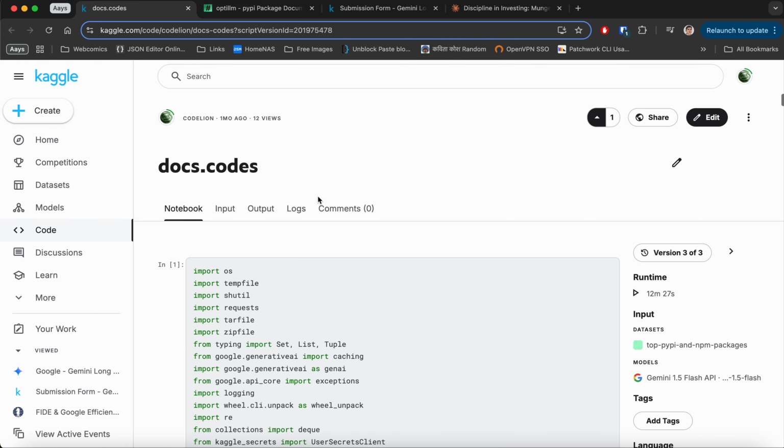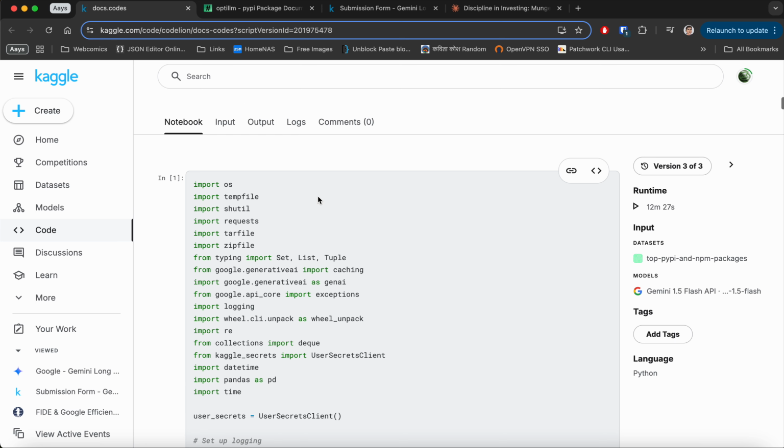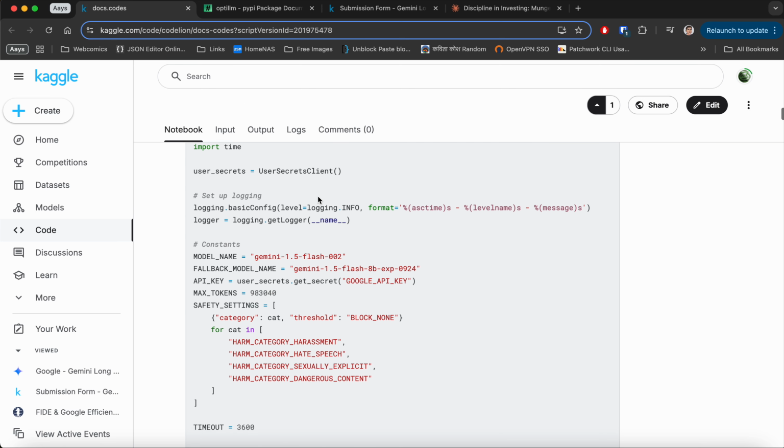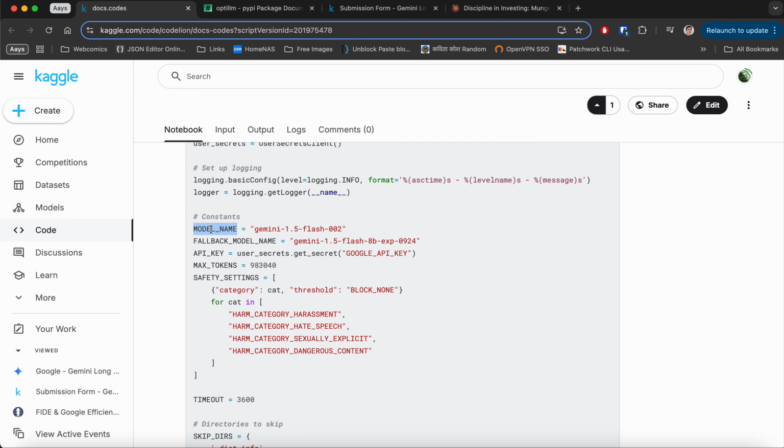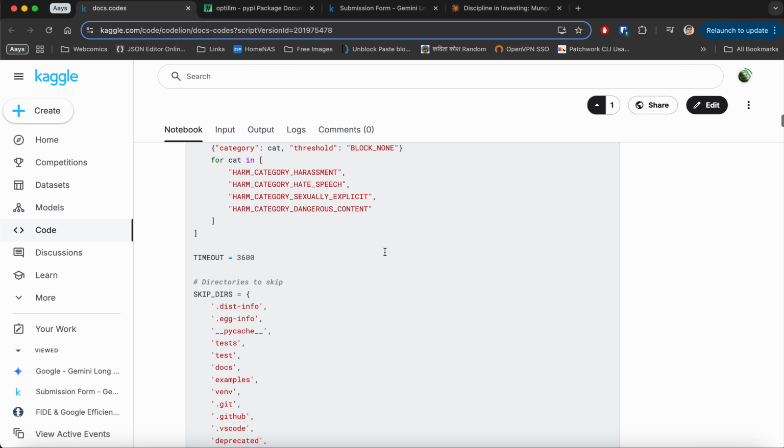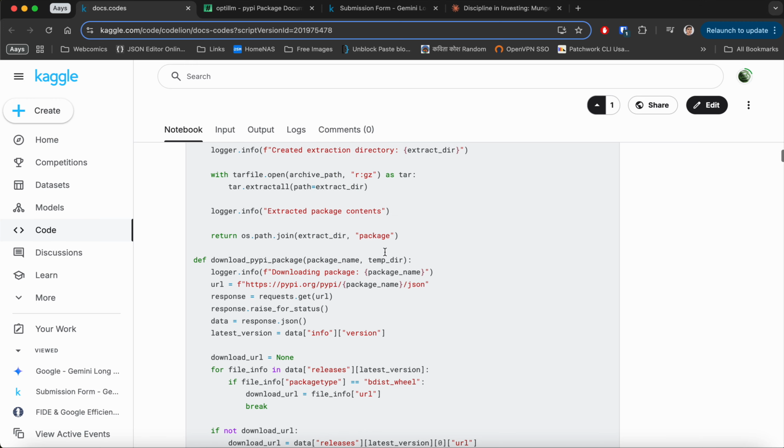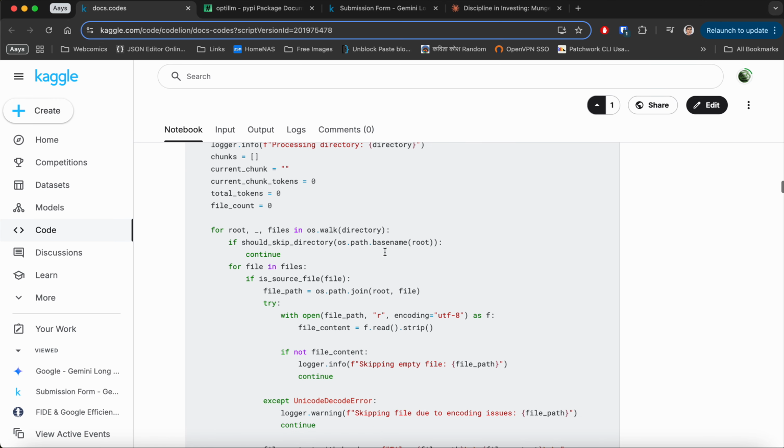Now, let me quickly tell you how our notebook looks. So this is our Kaggle notebook. You'll see that we have the model name in the front, and then we also have a fallback model. What we do is we use the Gemini Flash 8B model as a fallback if we get rate limited by the 1.5 Flash model. We have a set of max tokens and we take the API key to run the model. So let me just quickly show the main function,